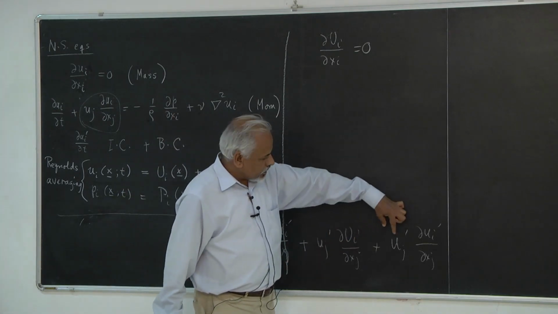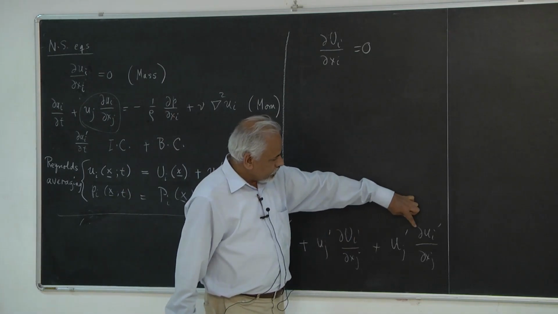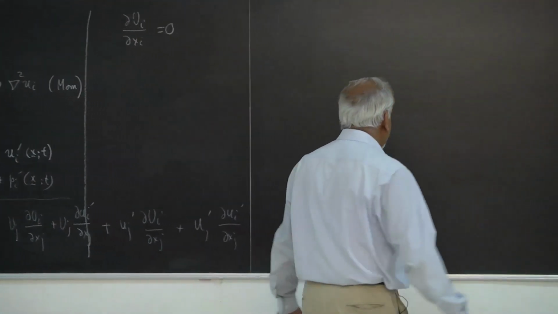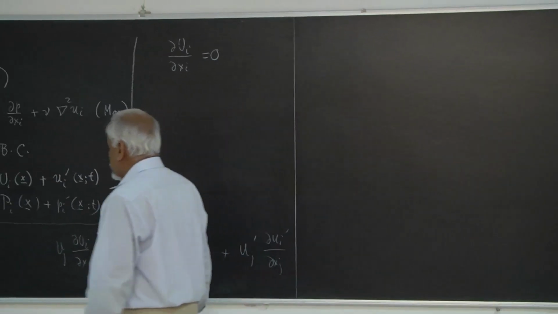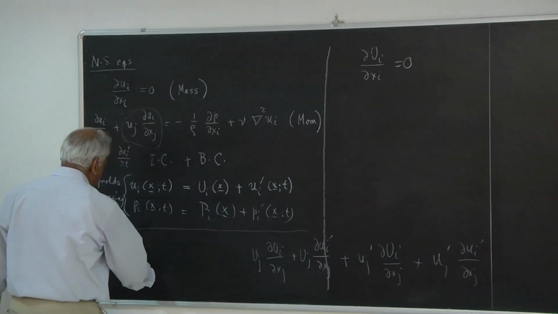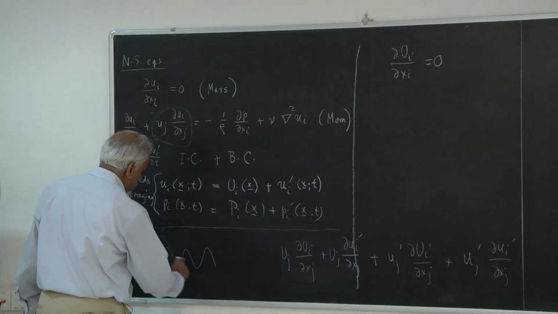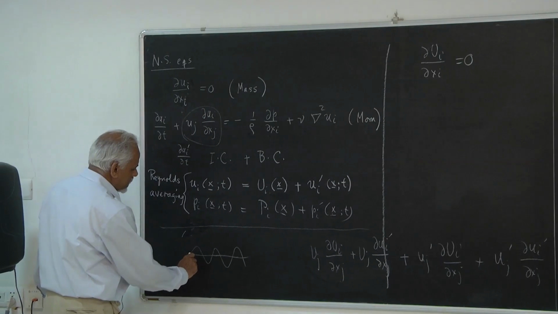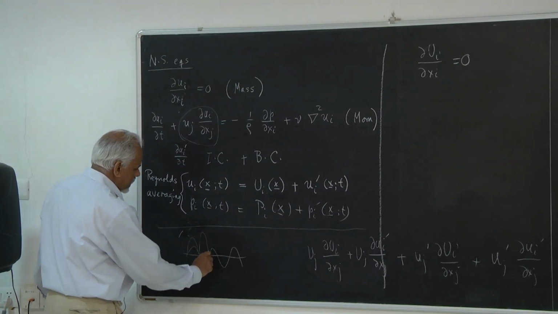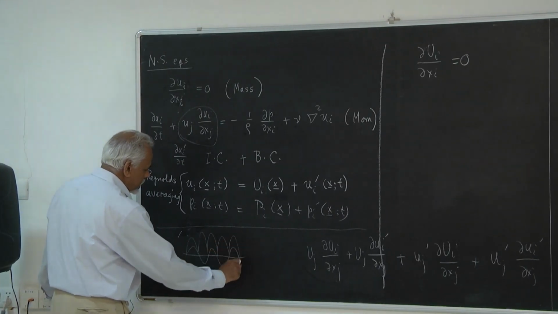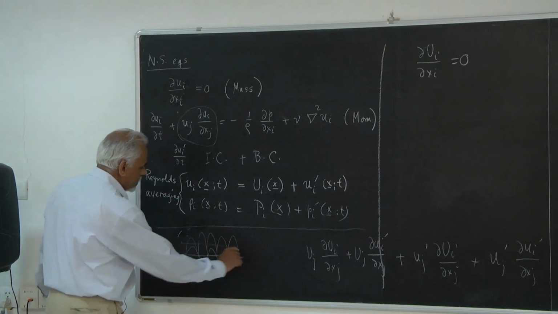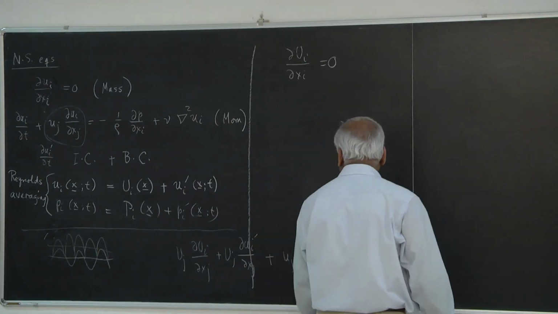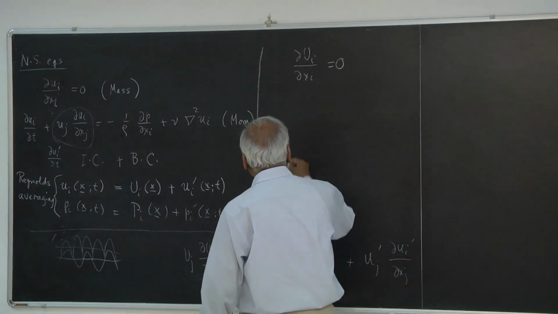But this will not vanish because a fluctuation and some other fluctuation here, for example, may have a very different kind of thing. For example, here I have a sine wave. Its average is 0, but sine squared, for instance, will give you this, right? So its average is not going to be 0. Its average will be something like that. So this will not go to 0, even if you average. So you have, therefore,